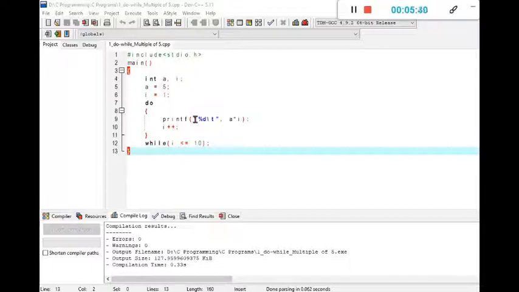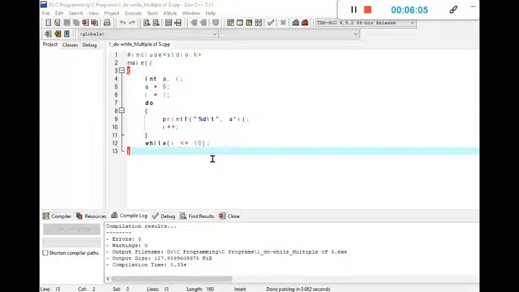When the value of I becomes 10, the less than condition is not satisfied, but the equal to 10 condition is satisfied, so it will stop when the value of I becomes 10. That means 5 into 1, 5 into 2, 5 into 3, 5 into 4, 5 into 5, 5 into 6, in this way up to 5 into 10.